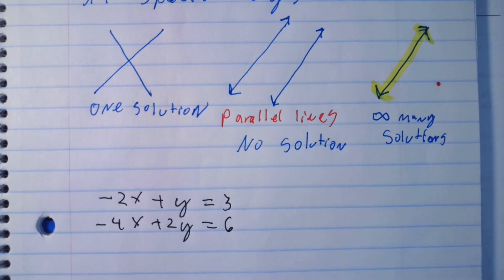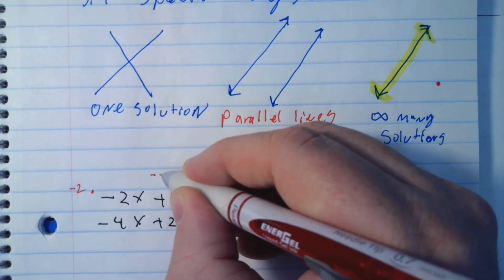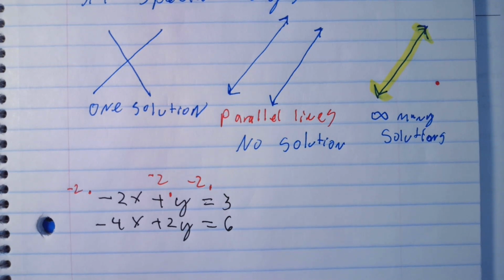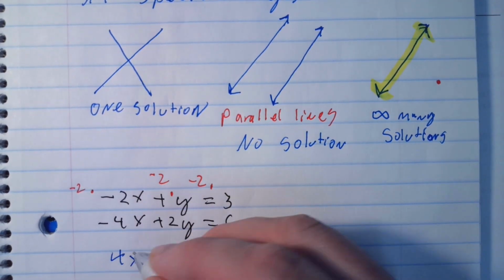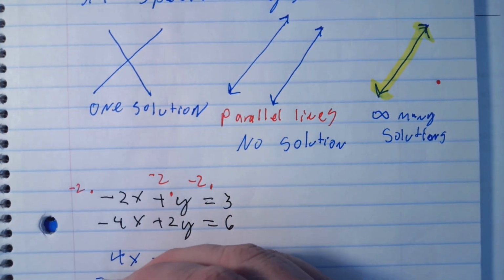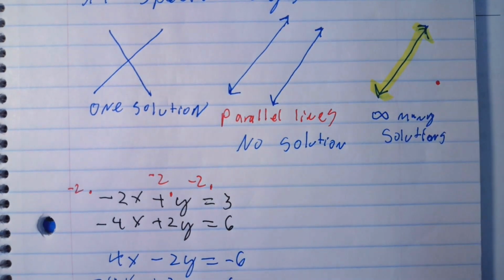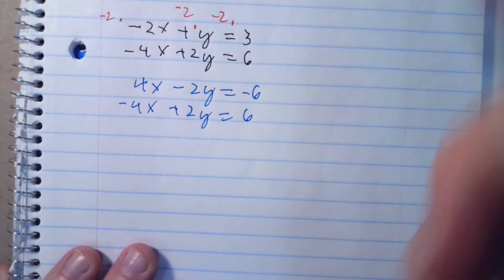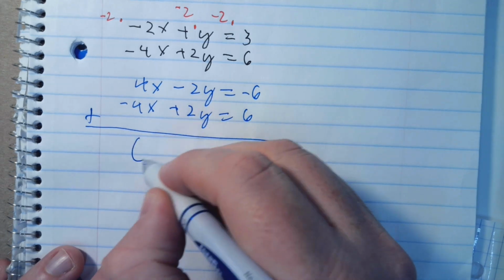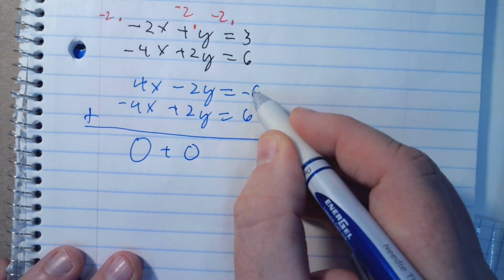Okay, probably what we need to do to the top line is what? Multiply by -2? Okay, I'm probably going to rewrite it just so we can get it done. So we got 4x minus 2y equals -6. All right, let me move it so we can see what I just did. All right, looks like I have it opposite. 4x minus 4x is what? 0? -2 plus 2 is what? -6 plus 6 is what?